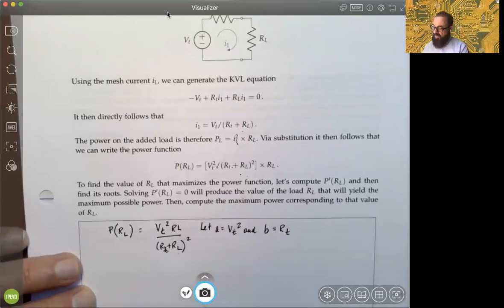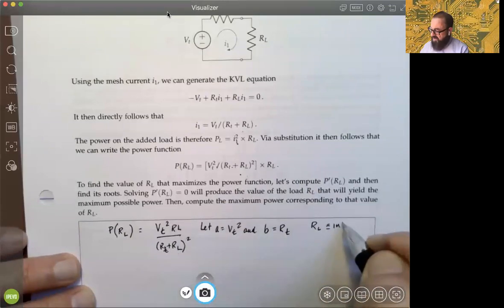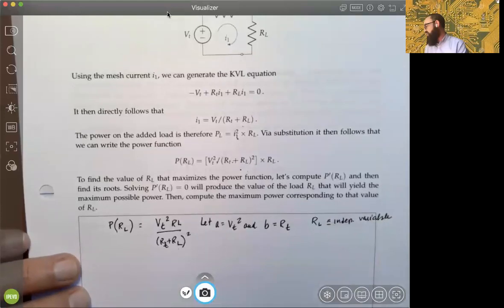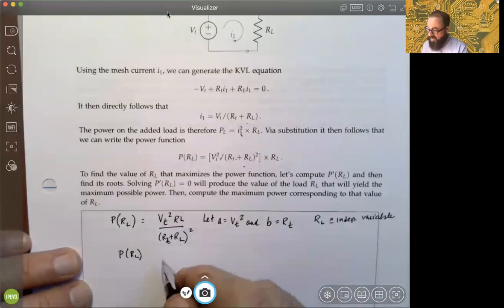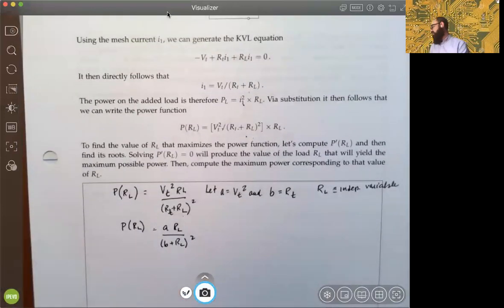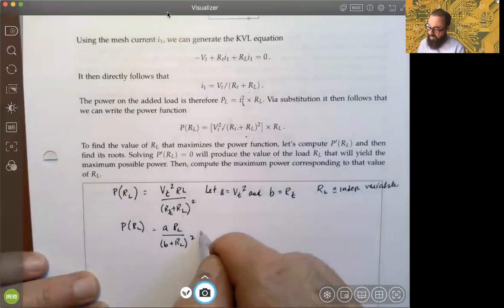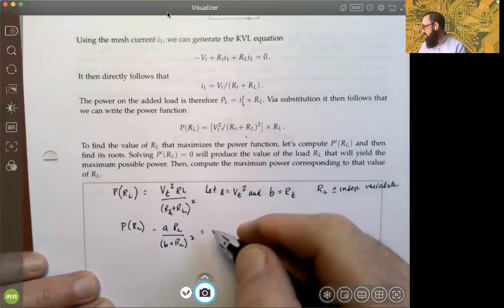So again, R sub L, just by definition, is our independent variable, for which we are taking the derivative with respect to. In this case, the function is a power function in terms of R sub L. It's just A times R sub L over the quantity B plus R sub L squared, with our substitutions. And if we want to rewrite that for purposes of taking the derivative, we could write that